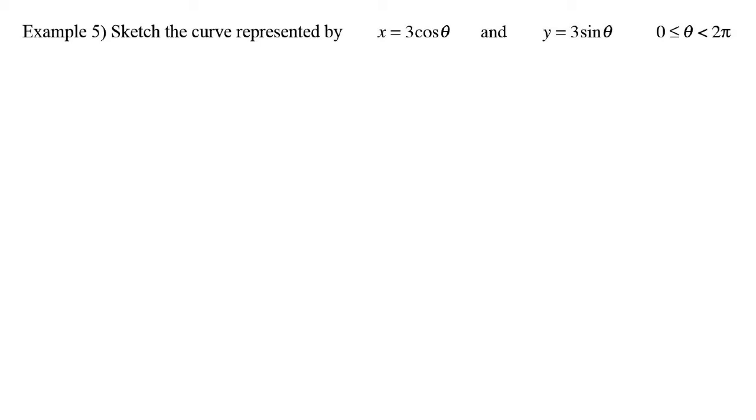So what we're going to do is see what kind of shape this makes. The first thing we need to do, just like some of the earlier problems, is simplify this down and get cosine by itself on one side and sine by itself on one side. For the first one, I'm going to divide both sides by 3, and I'm going to have x over 3 equals cosine theta. And then I'm going to have y over 3,